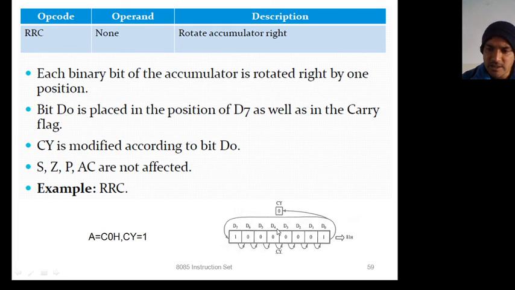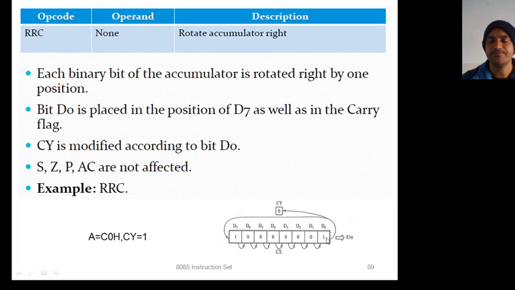So this D0 will come into CY and it will also come into D7. This means new D7 equals new CY equals old D0.